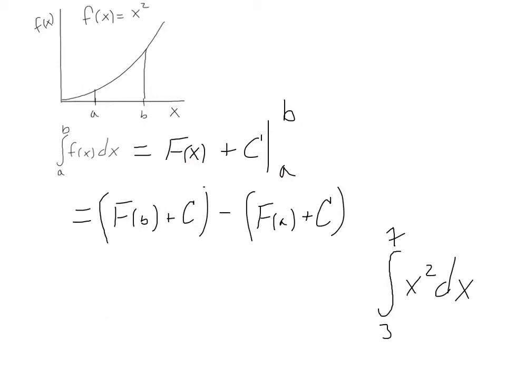So what that is doing is finding this whole area plus some unknown constant c, and this whole area plus some unknown constant c that we don't know, and we're going to subtract them. And what will remain is this area in between,